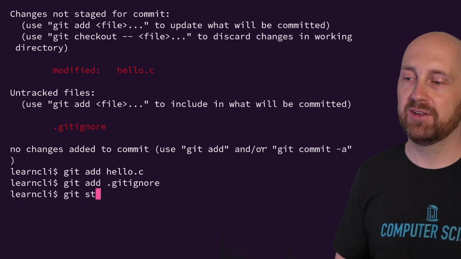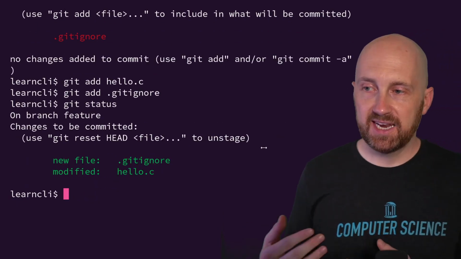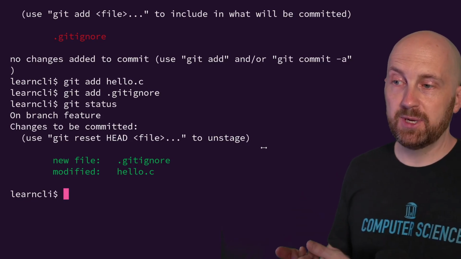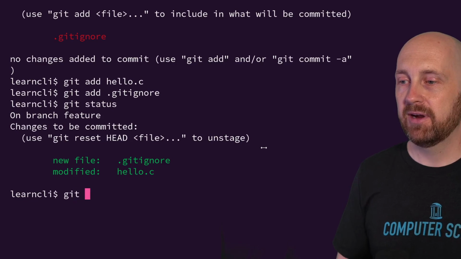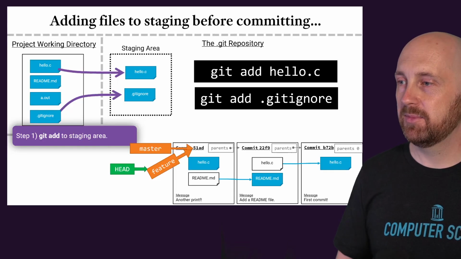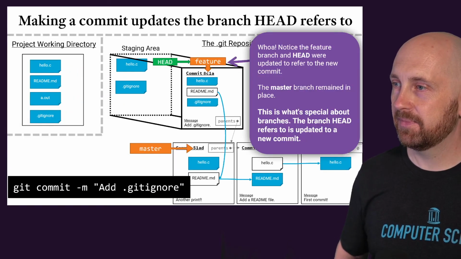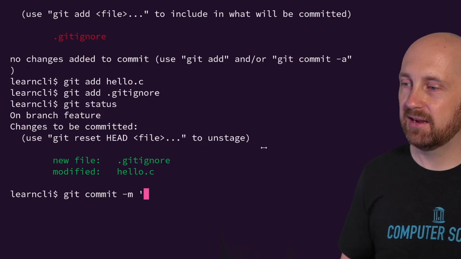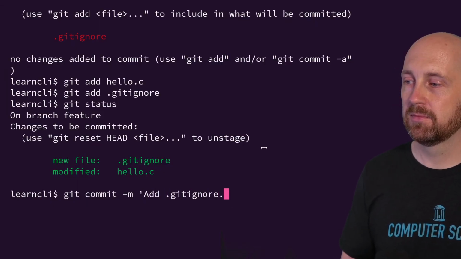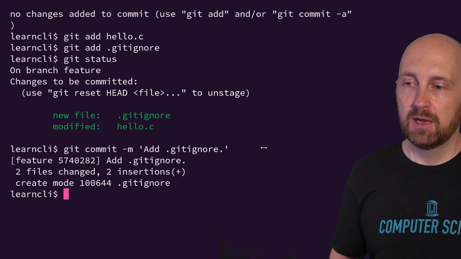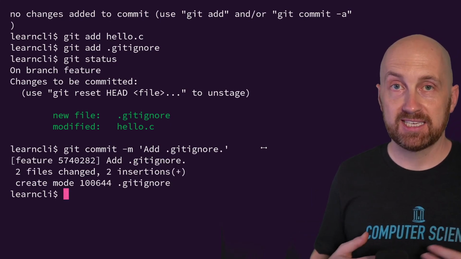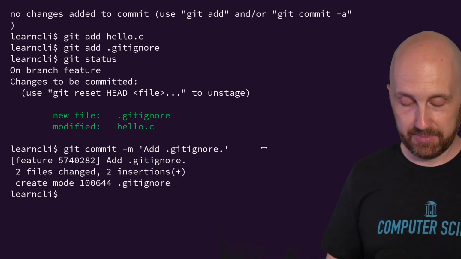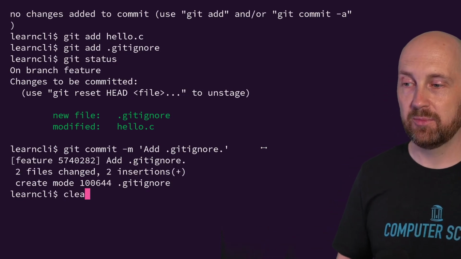And now if we run git status, notice that it says here are the changes that are ready to be committed. There's a new file and a modified file. Right? If I were to make a commit, so git commit -m, and let me just be consistent with the slide deck here. We're going to call this "add .gitignore". Now we've made a commit on our feature branch. We've extended it, and we'll look at exactly what this is doing in the background. But if I were to show the git log one more time,